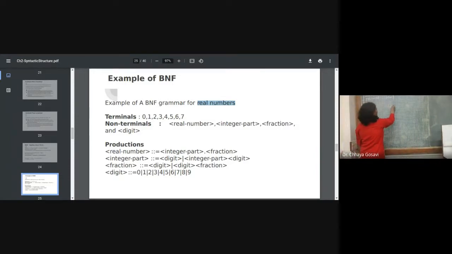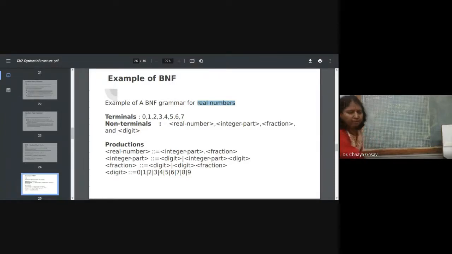Suppose 12.25. This can be any number, 1, 2, 3, 4, 5, 6, 7, 8. So how can you write a grammar which can identify a floating point number or real number?